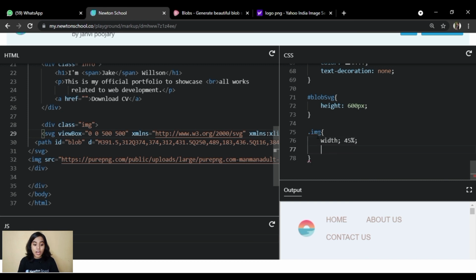Now you will see they are very much at the bottom, and we have to style it accordingly.